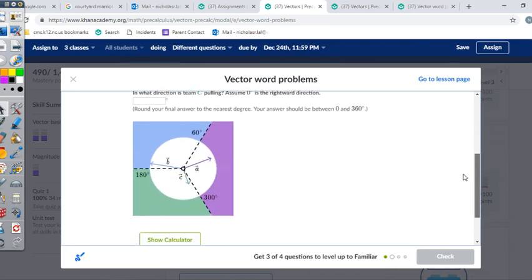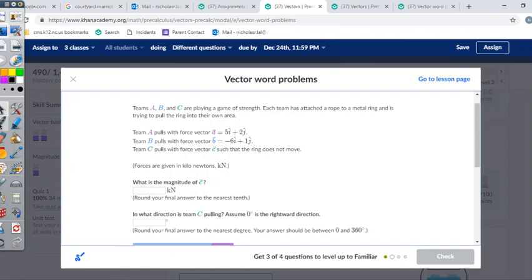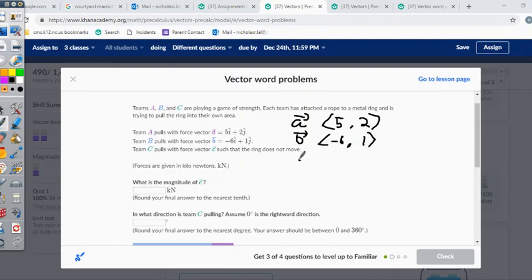So if the ring is not moving, what that means is that Team C has completely countered the horizontal and vertical components of A and B. So that means vector A has a horizontal component of 5 and a vertical component of 2, vector B has a horizontal component of -6 and a vertical component of 1, and vector C we need to find out, but we know that at the end of